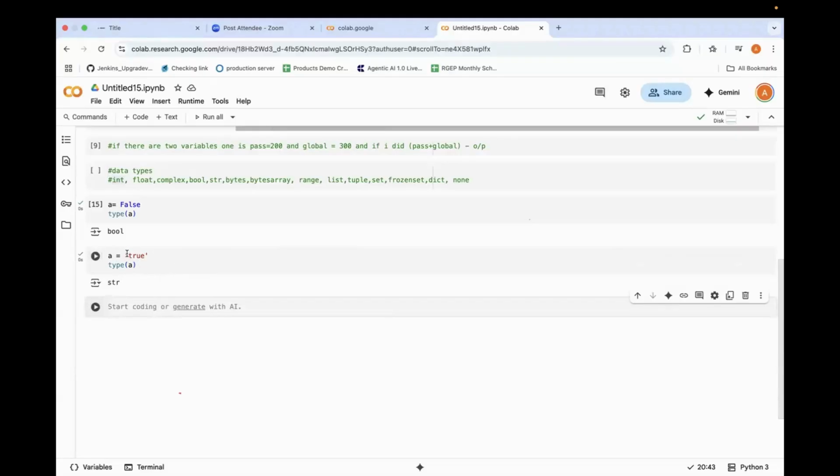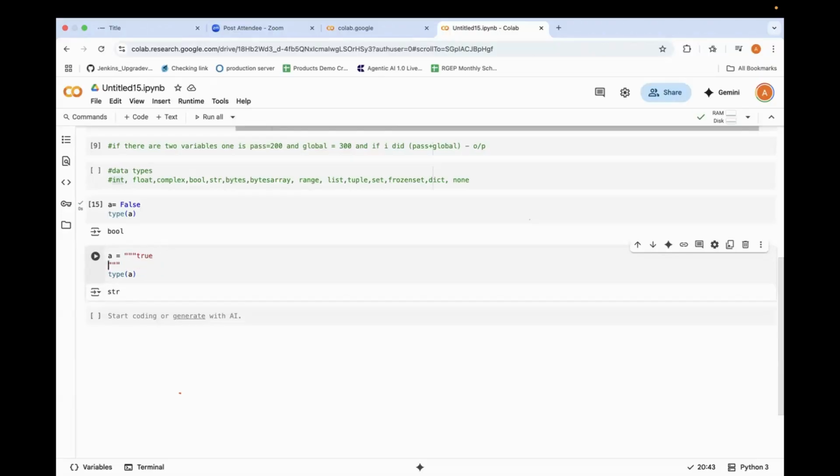Now, there is one more thing. If I put this into three double quotes, three quotes basically, this is something called multi-line. If I write something like true, false, string is danger, and I check the type, it is string. But if I just put one quote like this, it will give me an error.